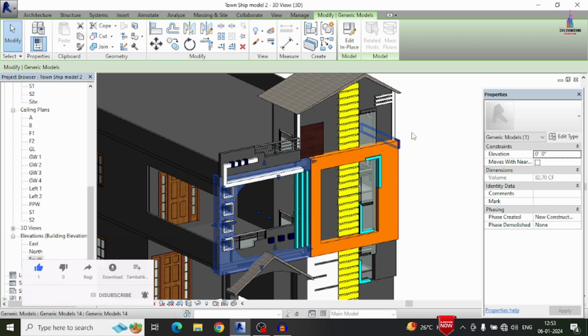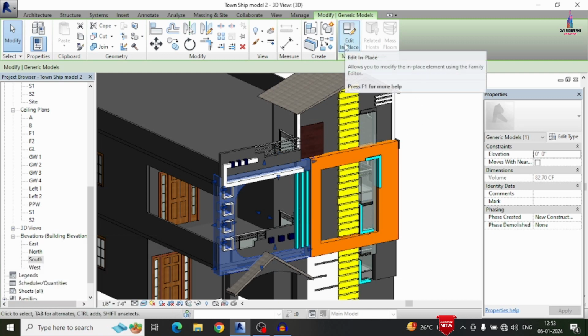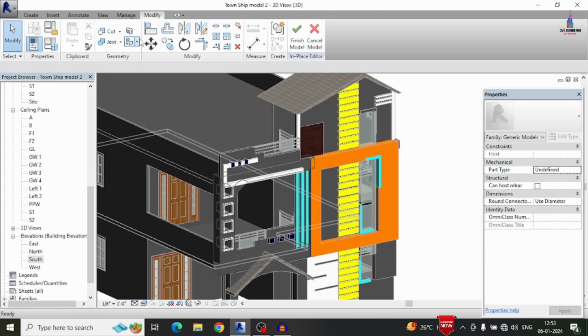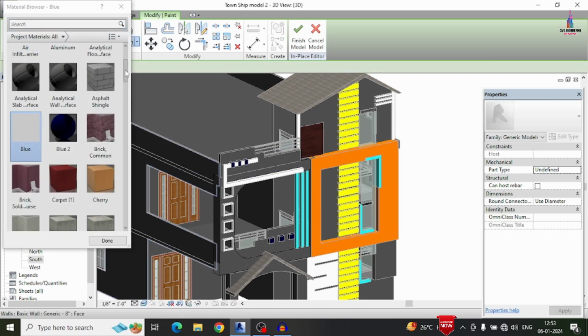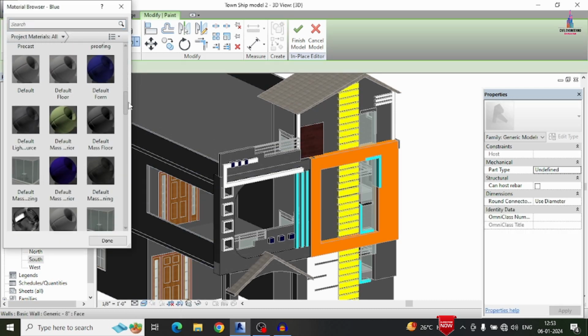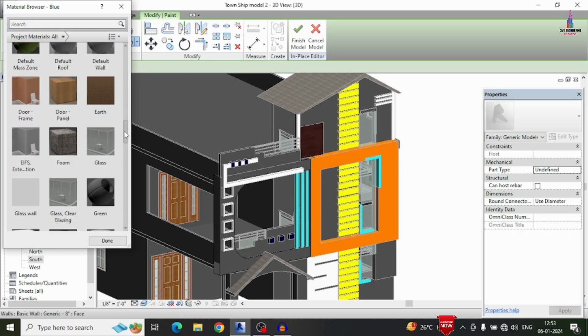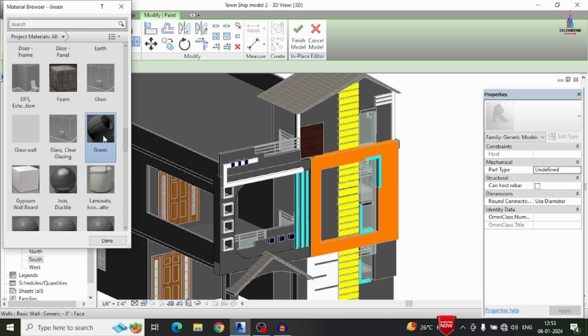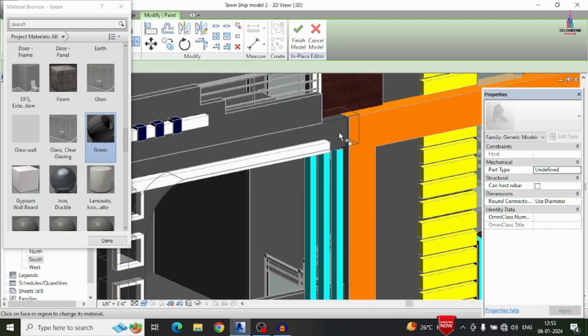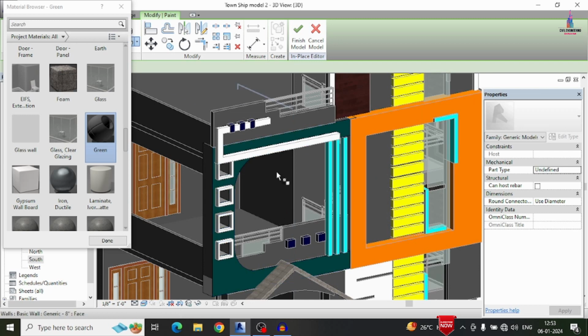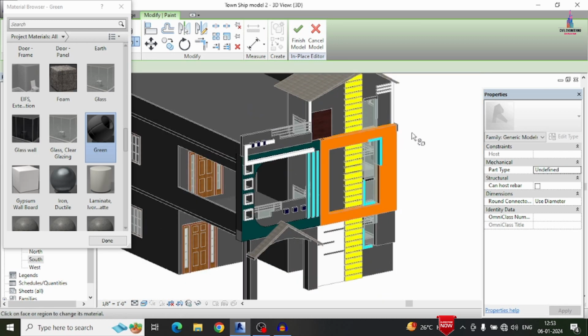Now after this we will apply some colored pattern to this particular section. It will consist of some other light green color that I will apply. Edit in place option, go to this option. Green color, which I had already selected. Here I am selecting and applying it. Now we can see it will apply the color here for this particular pattern.